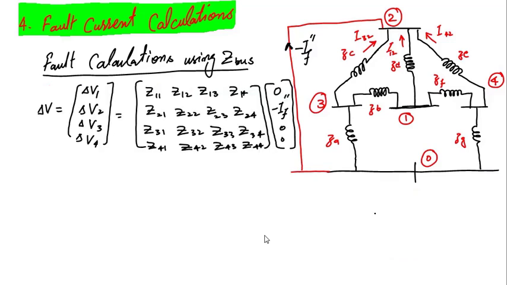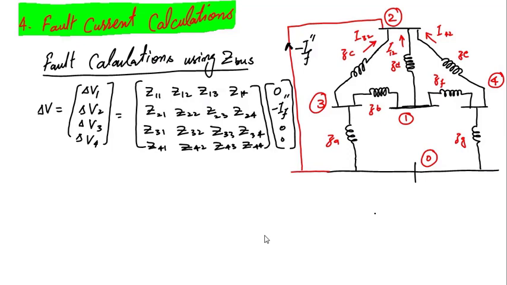delta I with Z bus to calculate the change in voltage. So here the change in voltages is equal to Z bus into this vector. If we do the multiplication, delta V1 will be equal to the first row of Z bus multiplied by this change in current injection vector. So the first, third and fourth entries get multiplied with 0. So it means only Z12 will take part in that summation. Similarly, when we multiply the second row with this column, only Z22 gets multiplied with the non-zero value. And if we multiply the third row with that column, only Z32 gets multiplied with the non-zero value.